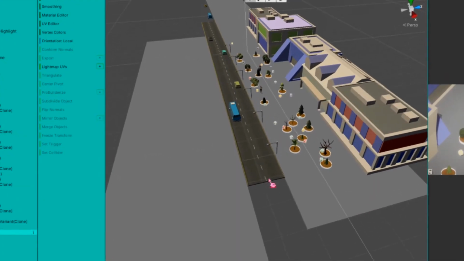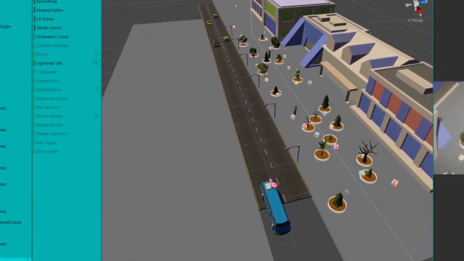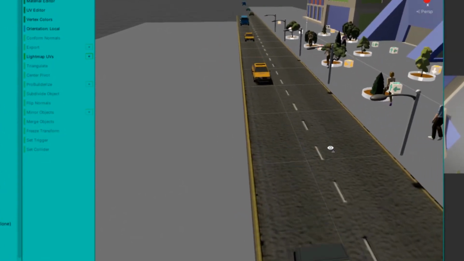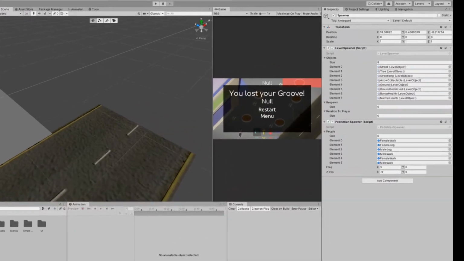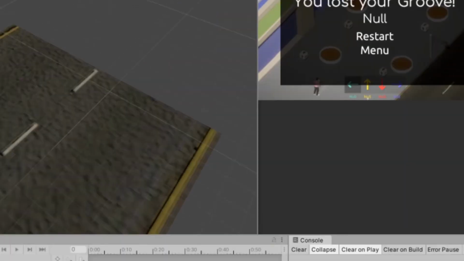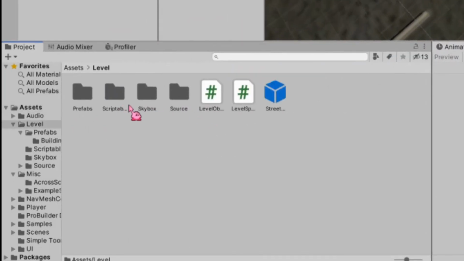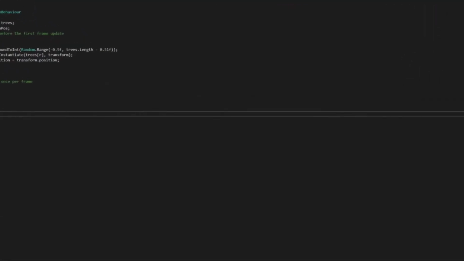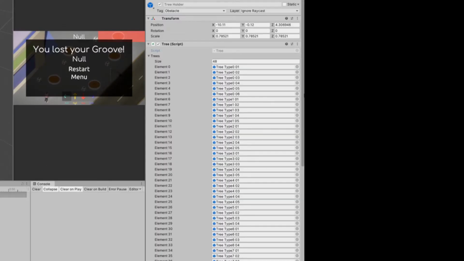Day 2. I decided to work on the procedural level generation. I started off with cars, which are the easiest. You just spawn them on the road, depending on which direction, and they move on until they get out of frame. Then, on the rest of the sidewalk, I use a script with an array of scriptable objects for each object. These include collectibles, trees, and streetlights. The trees just spawn a planter, and the planter spawns a random tree.